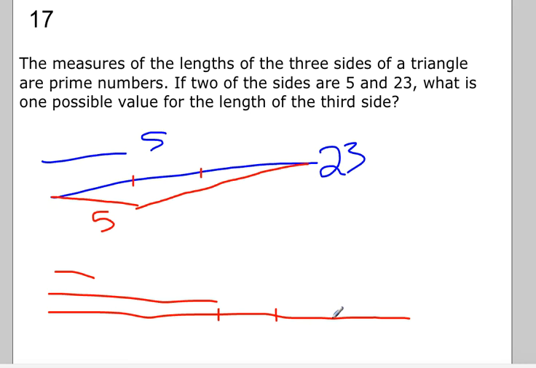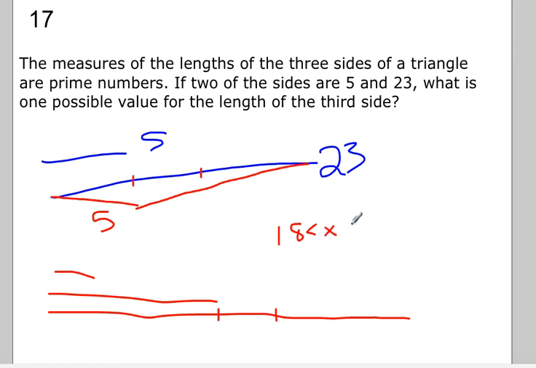This is too big, so there's a limit, right? And that limit is going to be, it's got to be smaller than 28 for the same thing. 5 and 23 is only going to get you to 28. So if it's smaller than 28, then the 5 and the 23 can at least get you an angle. So you're thinking of numbers that are bigger than 18